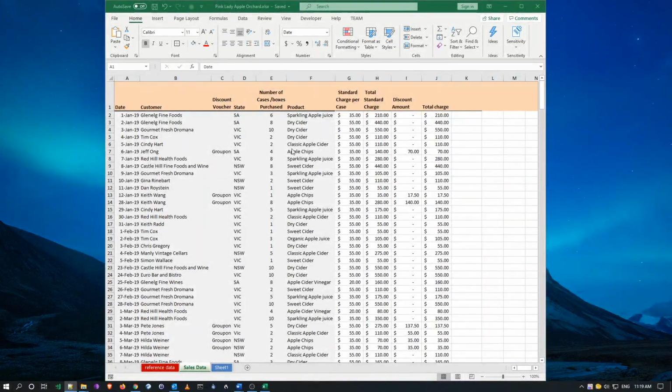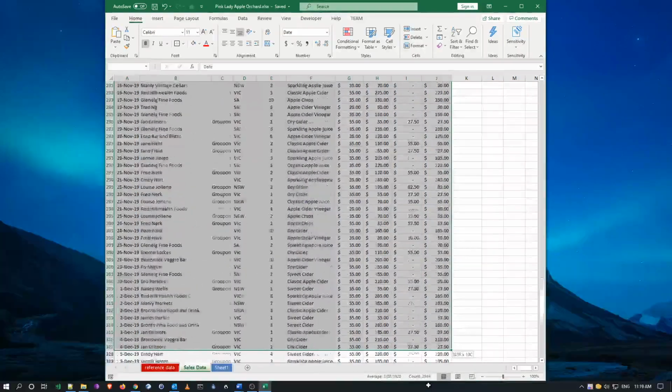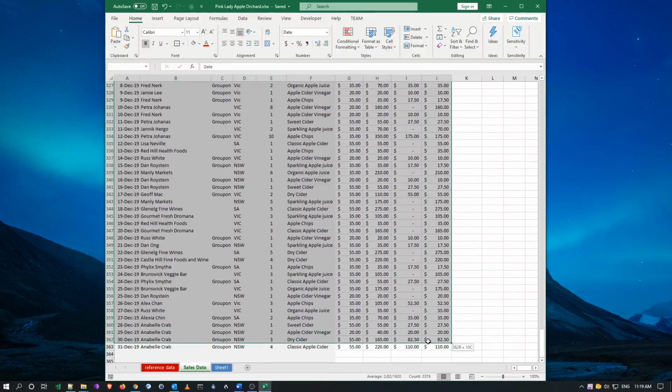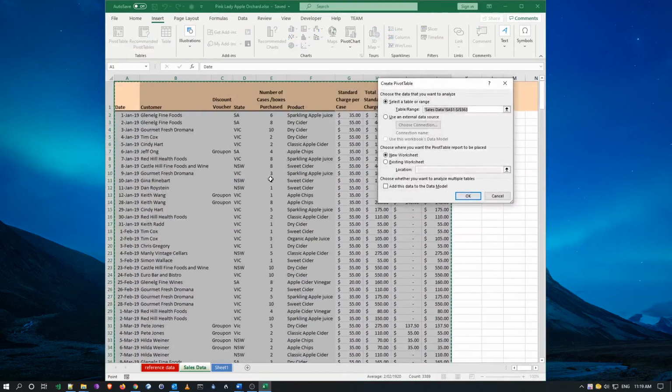So let's do a little bit of analysis now, right? So our first point of call is to highlight all our data, because all our analysis will be done through pivot tables and pivot charts. So I've highlighted my data, and I'm going to insert now, insert pivot table, and usually what you'll see is that we've been working with creating pivot tables in a new worksheet, but here, for instance, I've already got a worksheet which I created before, so I'm just going to say put it into an existing